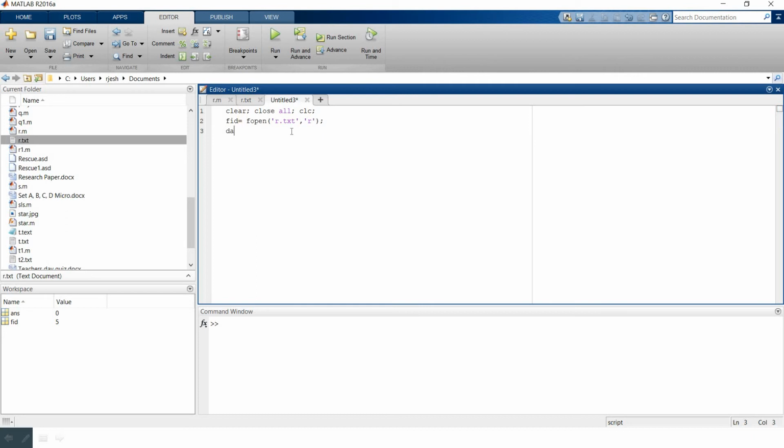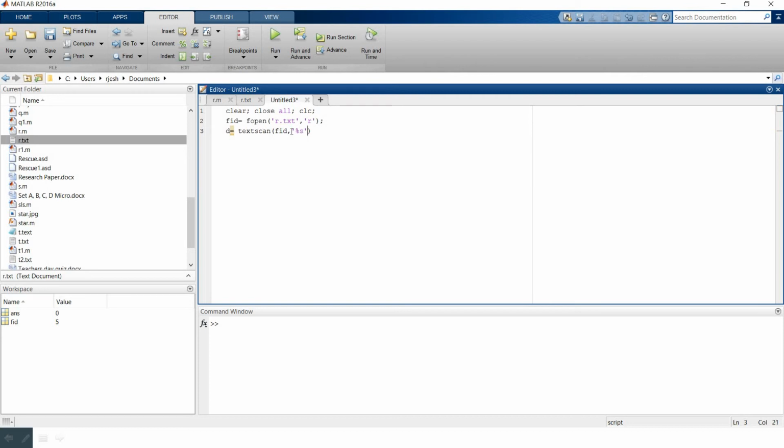Now for reading we use a variable d is equal to textscan. Textscan fid comma %s.